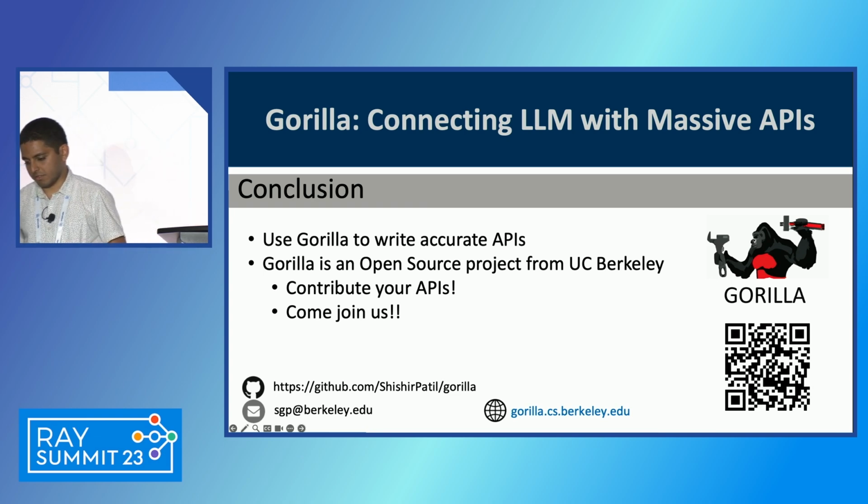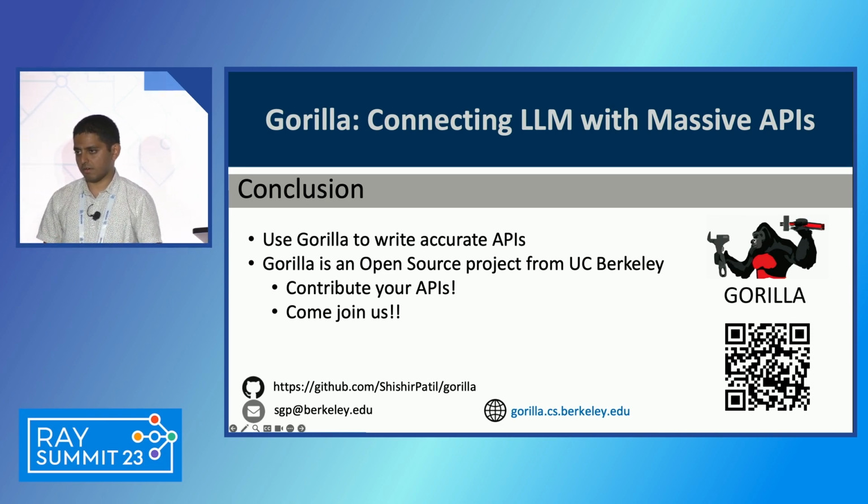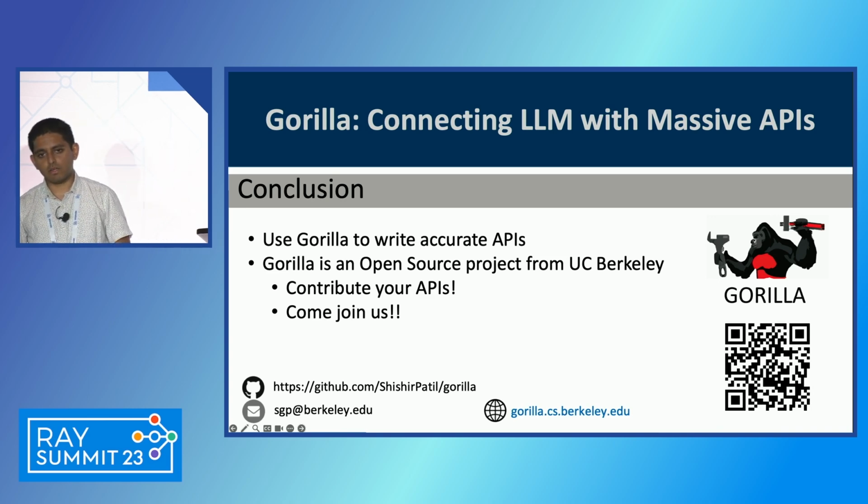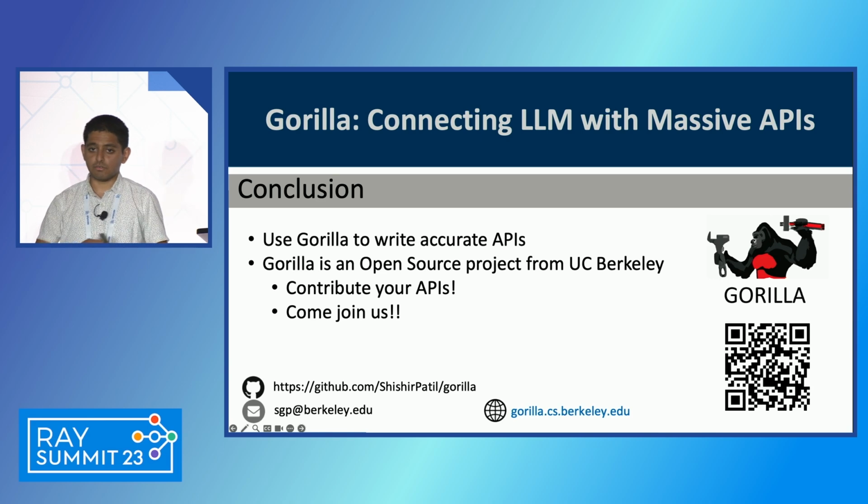Yeah, so that's a good question. The question is, if you have multiple APIs that all look and feel very similar, how do you disambiguate between the two? And there's two answers to this, right? One is you can do this at the retrieval phase, where you try to train the model. There's been a bunch of work on that, but I feel like we are hitting the seams, if not at the seams of what retrievers can do. But there's a second part of it, which is, can you now have a compact enough representation, build the retriever, and then use your LLM to actually discern if it's right or wrong, right?